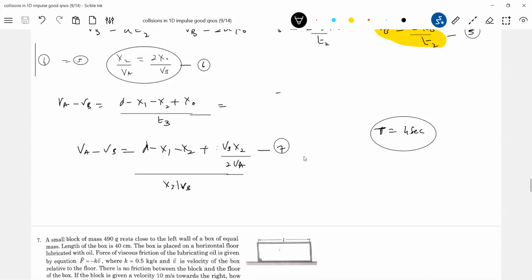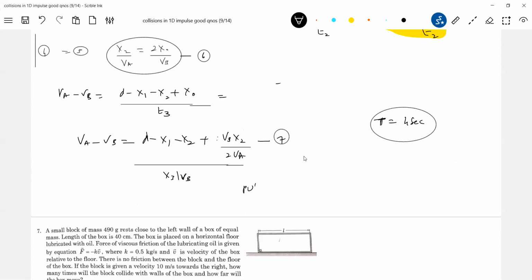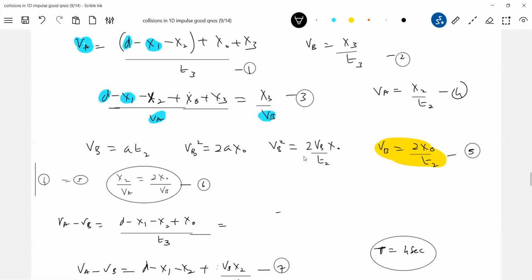So now we do one thing: solve for x3 in terms of x2, and then substitute in equation 3. x0 also substitute here now. With equation 6 and this next, what equation do you get? Substitute in equation 3, you'll get x2. After getting x2, you can find out all the things. You'll get t2. Then if you know x2, you'll get the x3. Then you'll bring t3. Then the rest of everything, the answer will be there.